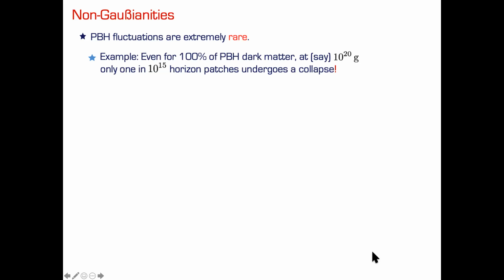But then, let me just first admit, in order to... you can ask yourself, how many patches in the early universe do I actually need to undergo such a collapse? And this is actually only 1 in 10 to the 15 horizon patches that need to undergo a collapse. Before that, you could ask, what if too many of these undergo collapse? That would probably look very different. The universe would probably look very different, because the collapse is sort of a violent process, but